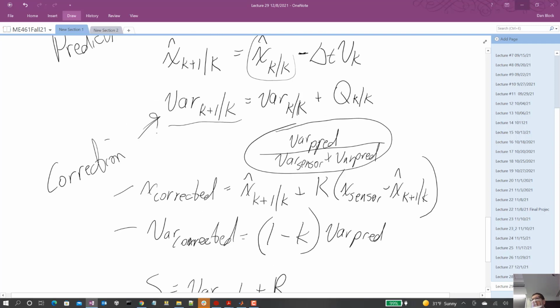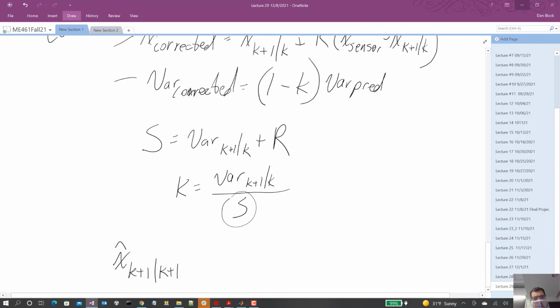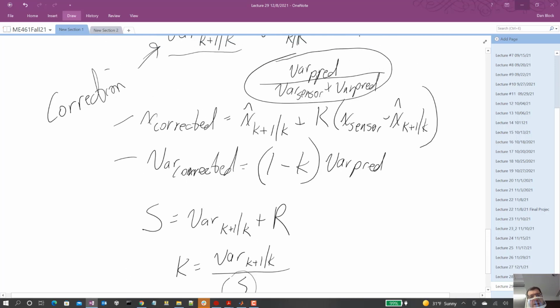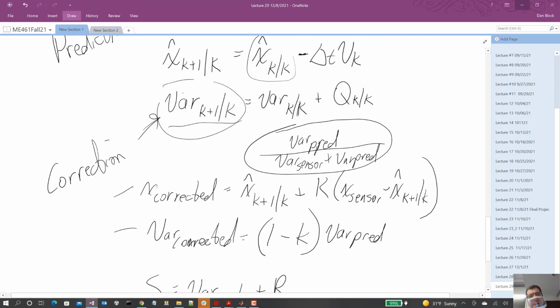This notation really confused me the first time I was reading through the papers. But that K plus 1 given K plus 1 information is what they're trying to say, and it is equal to the most current prediction that we have right here,